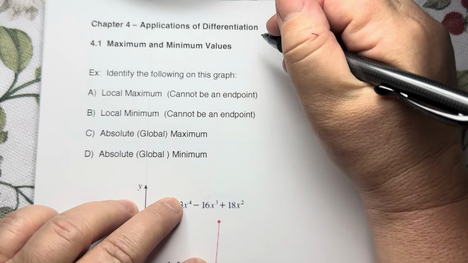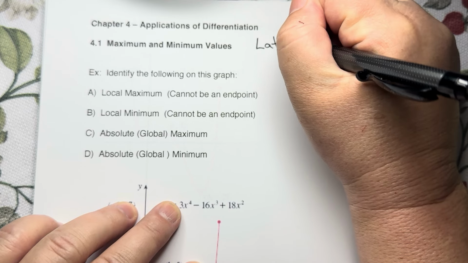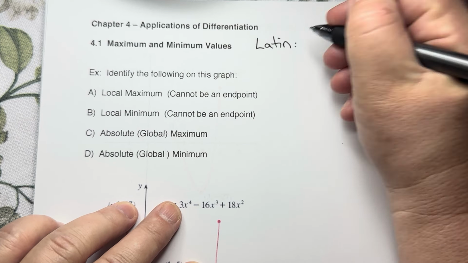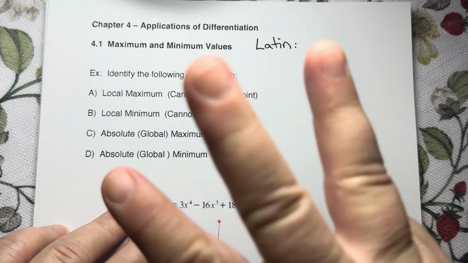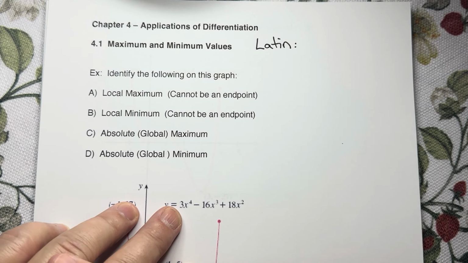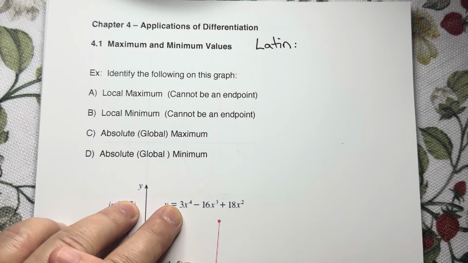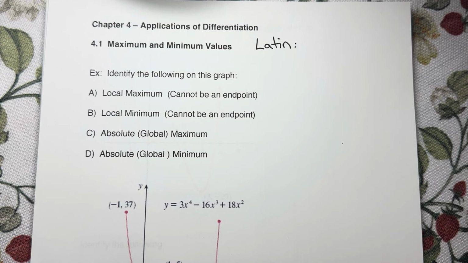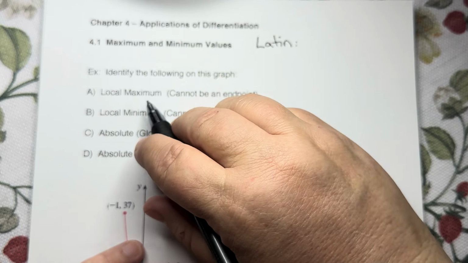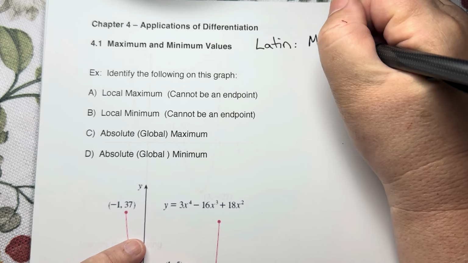Okay, so in the world of Latin, and Latin forms a lot of the basis of the words we use in math, you should know that there are actually 3 genders. It's very exciting. There's the masculine, the feminine, and there's also something called neuter. And neuter is neither masculine nor feminine. It's something else. And so here we've got things that end in like maximum,